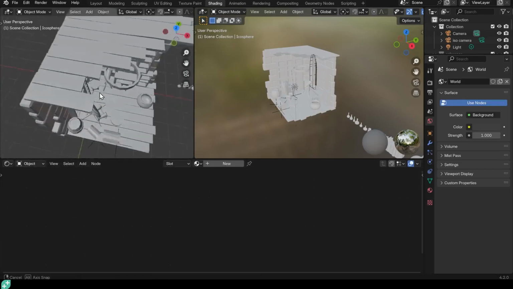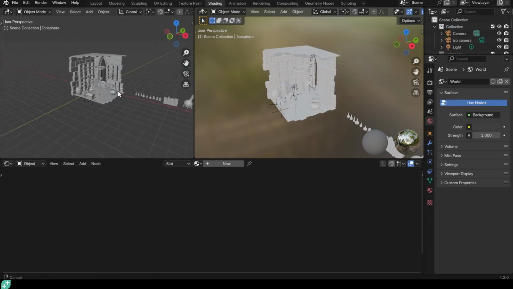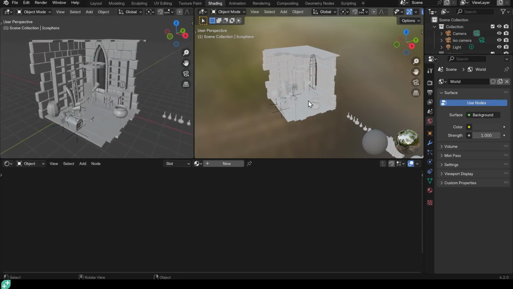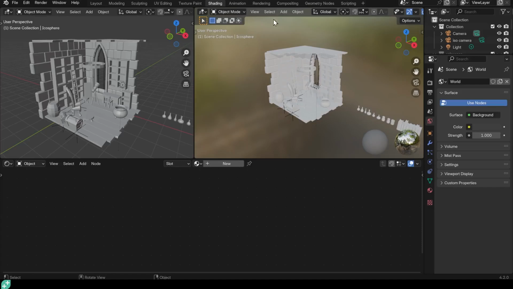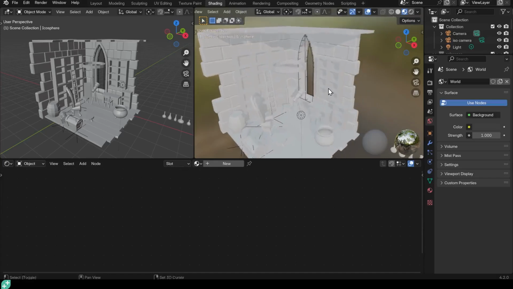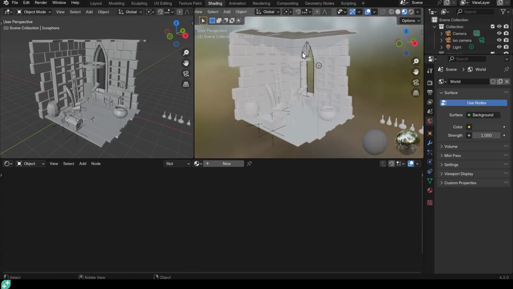So we've got three windows now, the 3D viewport here. We've got another 3D viewport, but this time this is in material preview mode, and I can scroll across my menu using the middle mouse button, and there's material preview mode just there. That previews all our materials, but obviously they're all just white at the moment with the default material. And then we've got our shader editor down the bottom, so when I click on an object, we can add a new material for it.